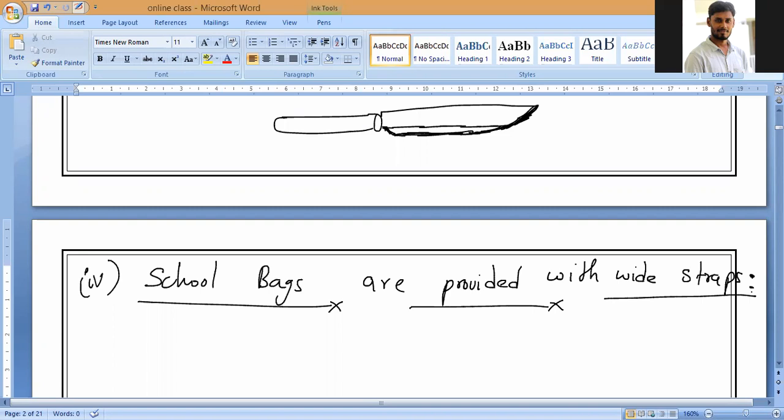So if the area is large, then what will happen? The contact with the shoulders increases. If we take our shoulders, the wider strap is in contact with our shoulder. Then what will happen, guys? Does pressure decrease or increase? Decreases. Understand? The contacting area increases. The wider the straps, the more they attach to our body and shoulders, the more they touch. So what will happen, guys?